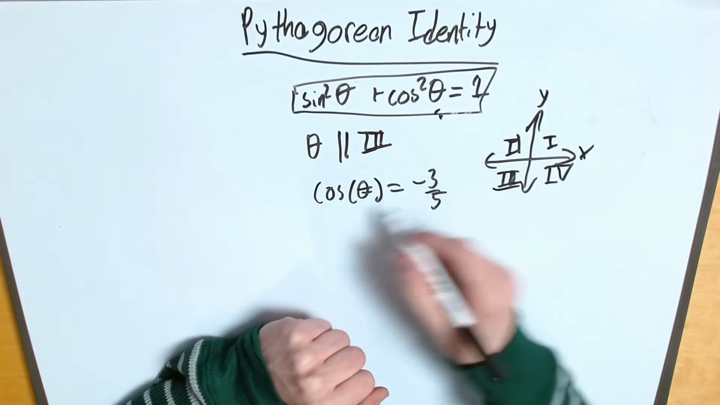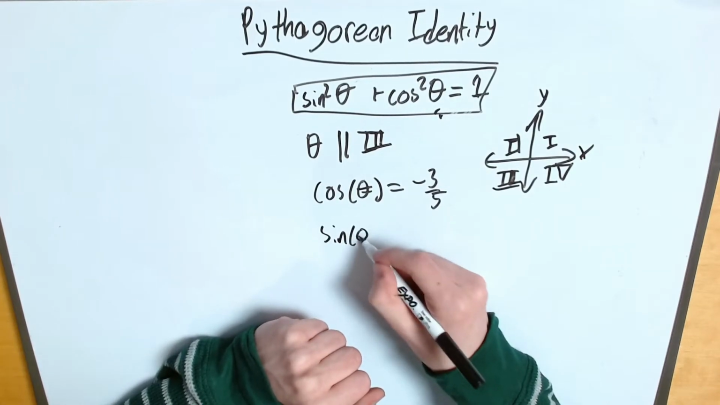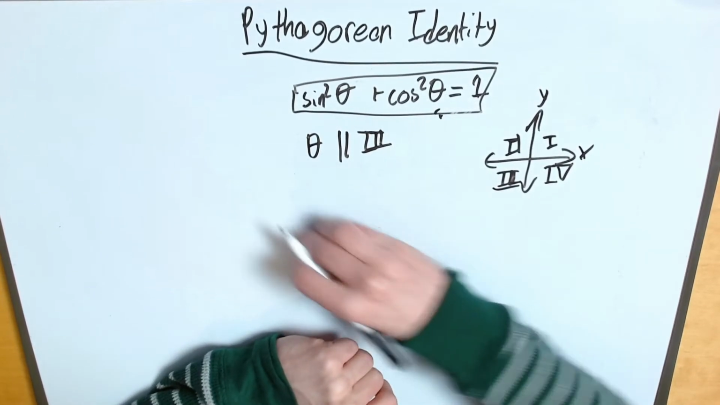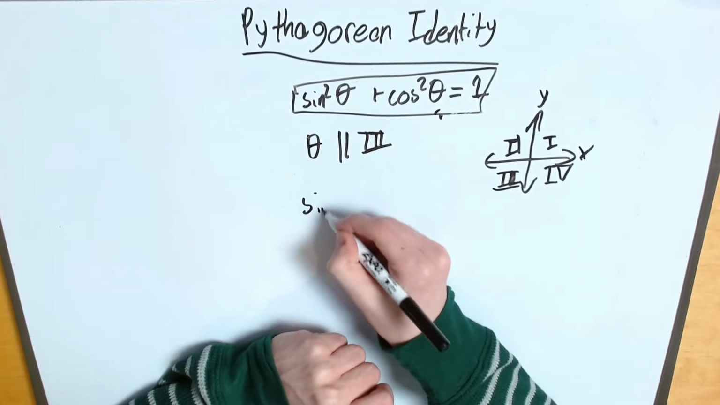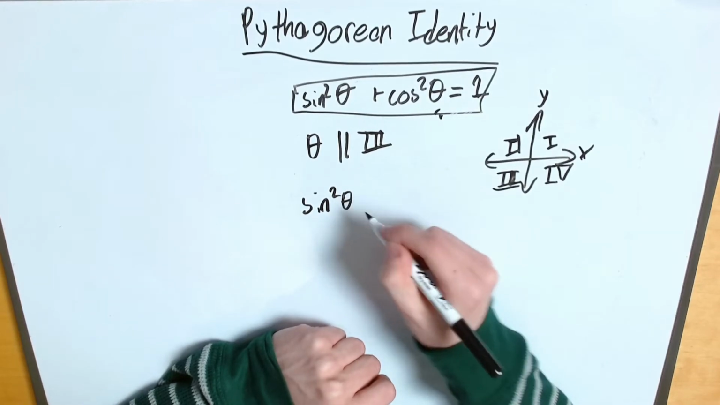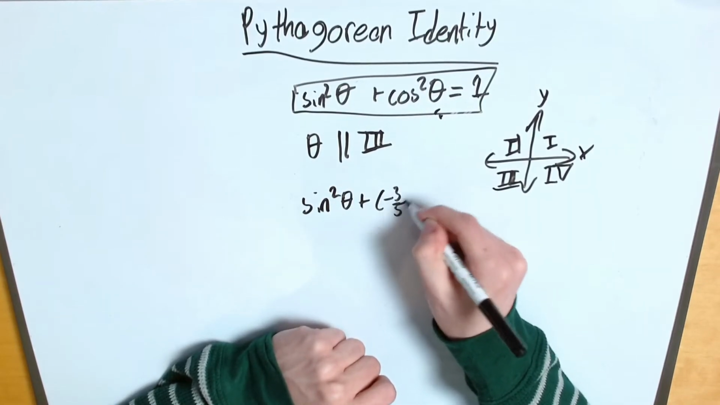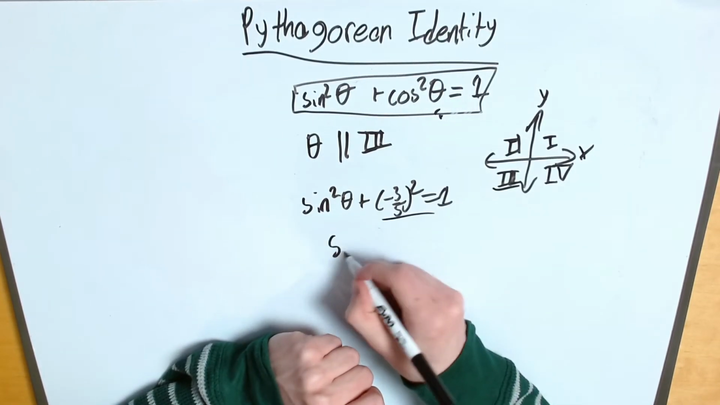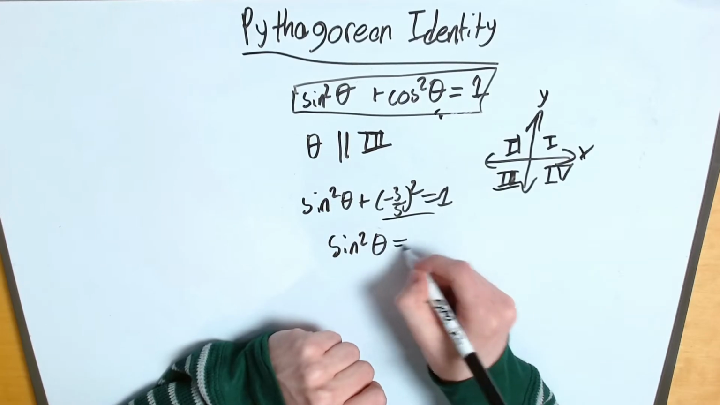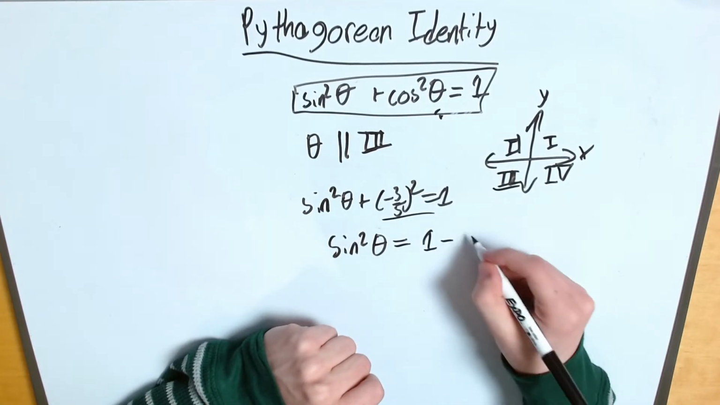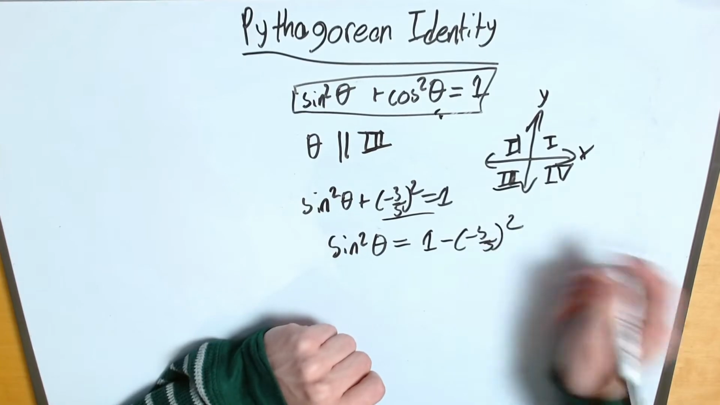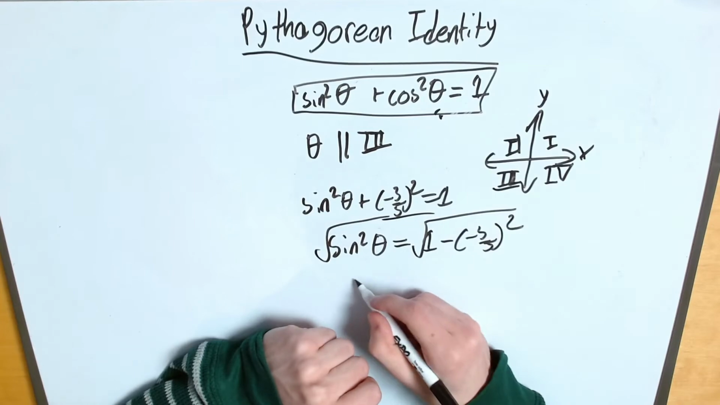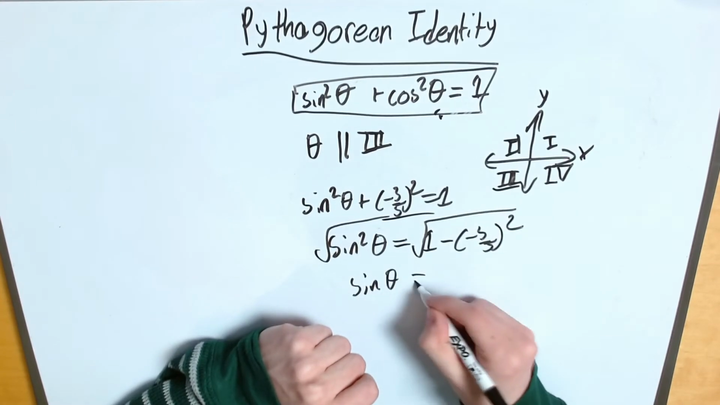We want to find the sine of theta in this case. So we're going to take this cosine, this negative 3/5, and we're going to plug it in to our equation. So sine squared of theta plus negative 3/5 squared equals 1. I'm going to move this all onto one side, so I have sine squared of theta equals 1 minus negative 3/5 squared. I'm going to take the square root of both sides. I'm left with sine of theta equals plus or minus